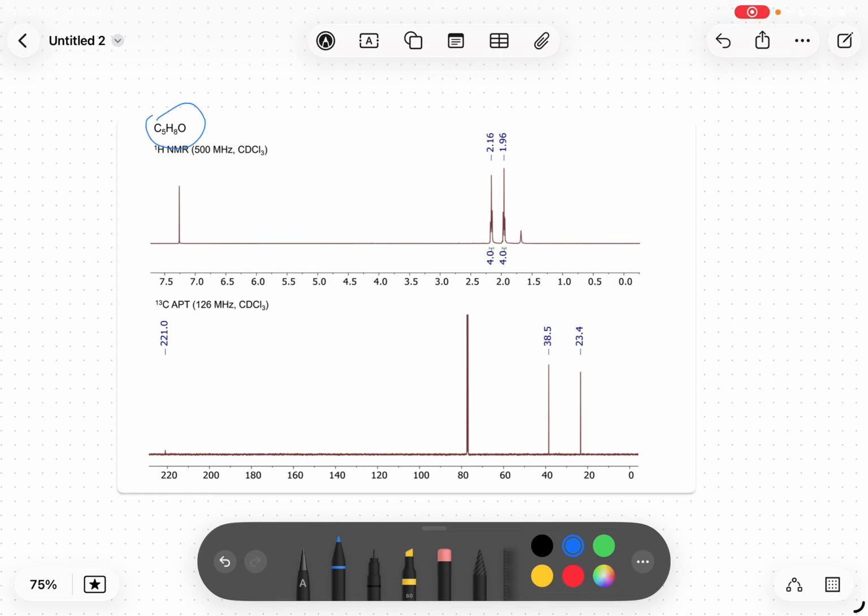C5H8O. And as always, you need to calculate the double bond equivalents or degrees of unsaturation first. So you take the number of carbon, 5, times 2 plus 2, so that's the expected number of hydrogens if there were no degree of unsaturation, and you take away the number of hydrogens plus halogens. The number of oxygens here don't really contribute to the difference in number of hydrogens because oxygens only form 2 bonds. Then you're going to divide it by 2 because each double bond or ring you form, you're going to lose 2 hydrogens, and that gives you